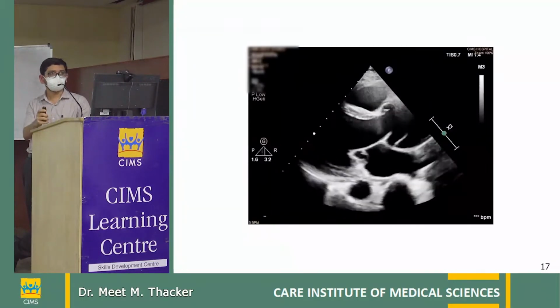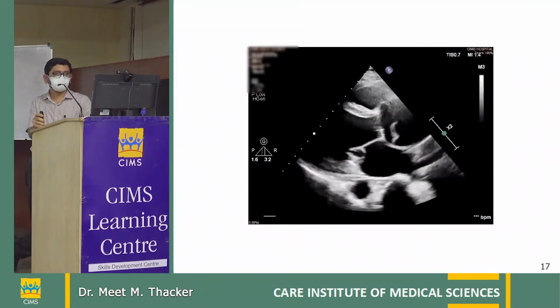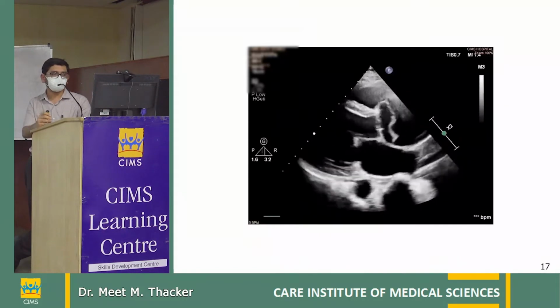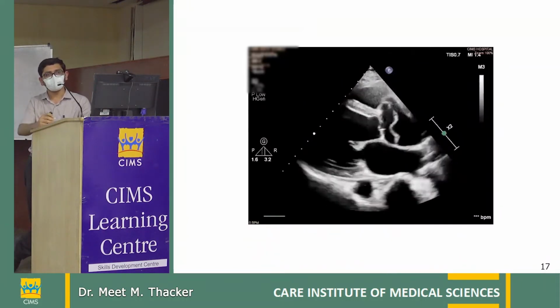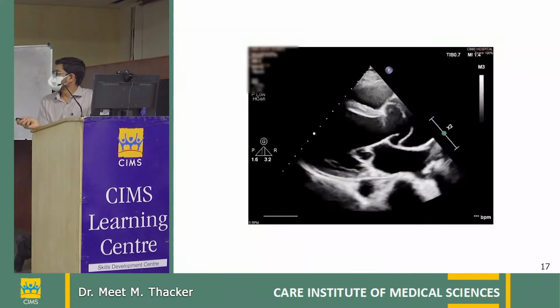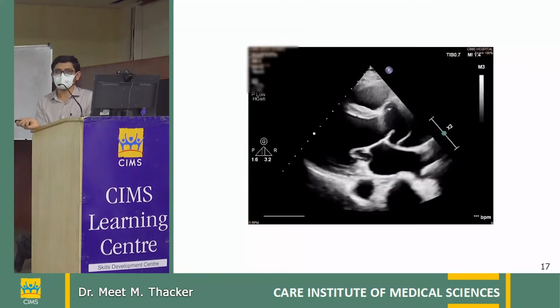So this is the echo. This is the parasternal long axis view. As I mentioned earlier, the patient had marfanoid habitus. So what we usually find with them are degenerated mitral and aortic valves along with aortopathy. We can see here that the mitral valve also has myxomatous degeneration and the aorta is dilated. And what is clearly, nicely seen here is the flap of the aortic dissection.